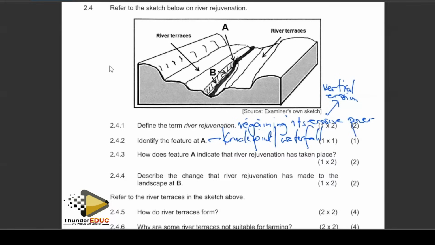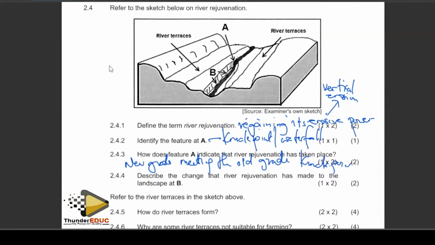Right. This is the old grade of the river. The river was flowing at this level. But now check from this point, the river is now flowing at a new level. So what suggests that the river has been rejuvenated is the new grade of the river meeting the old grade on that nick point,